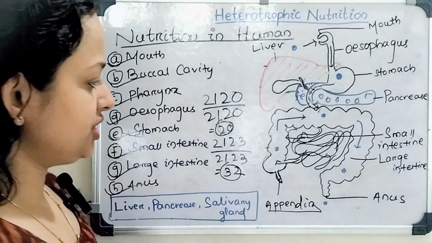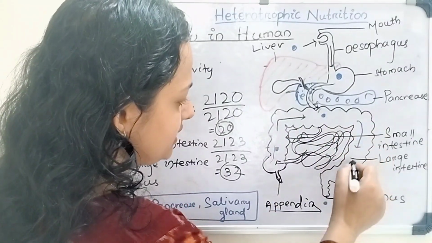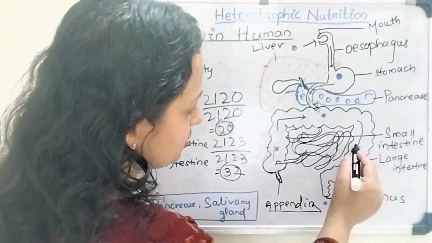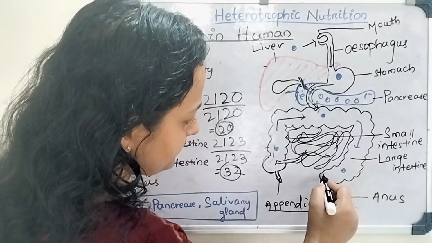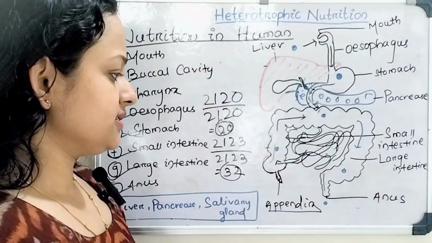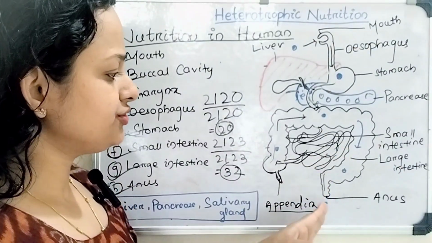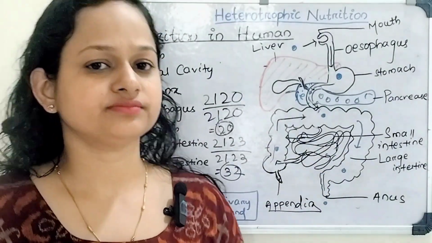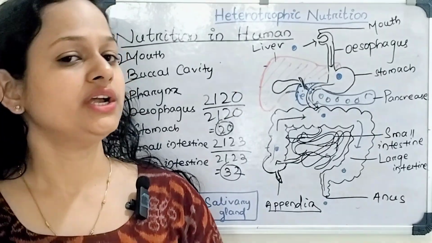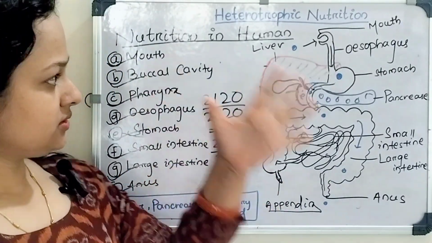And the colon also has three parts, that is ascending colon, transverse colon and descending colon. Then after the colon comes the rectum, and the rectum is a structure through which the feces come outside through the anus, and the periodic elimination of feces is known as defecation. So these were the